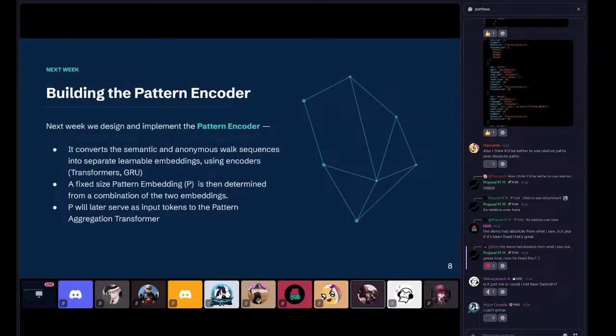So with the pattern encoder, like I said, we're converting the semantic and the anonymous walk sequences using the encoders. You might ask what encoders the canonical NGPM paper has used. In the NGPM paper, they've used the transformer and the GRU: the transformer for the semantic embedding and the GRU for the anonymous embedding. The transformer is here because we've gotten a particular sequence of nodes. The transformer would help determine